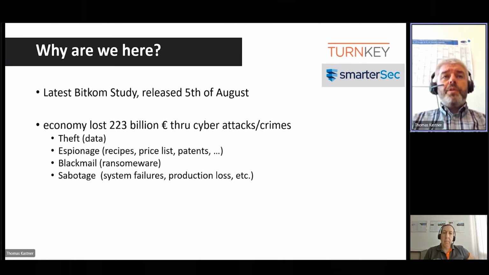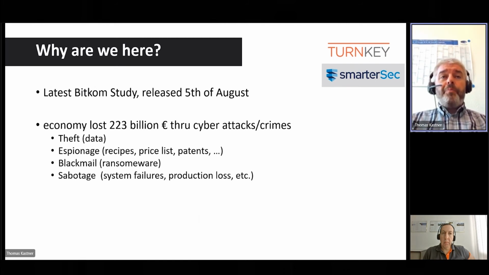That includes sabotage, means system failures, production loss, system downtimes, blackmail, the ransomware, encrypting your data, and you have to pay a fee to release these data again.